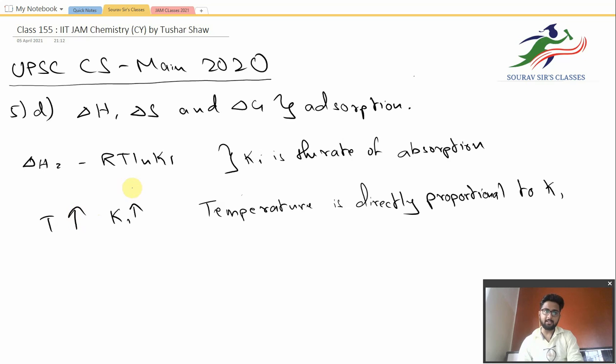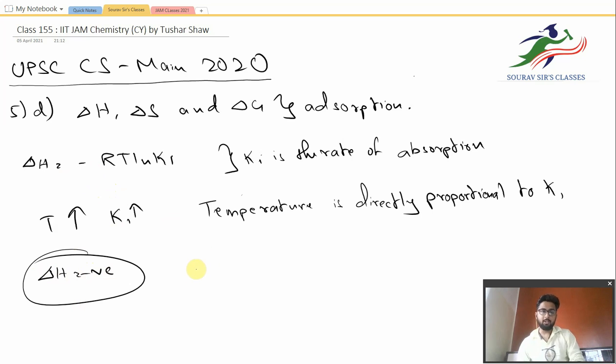Now, whatever the K value be, if we take a decent temperature, then this K value would be greater than 2.73, that is the e value, and therefore this ln would give us a positive value, and overall delta H would give us a negative value. This temperature must be optimum, because very high temperatures would cause a decrease in the amount of gas adsorbed on the adsorbent. Why? Because the molecules acquire much more kinetic energy and therefore have less tendency to stick to the adsorbent molecules. So at that optimum temperature, delta H is always negative. The delta H sign is negative.